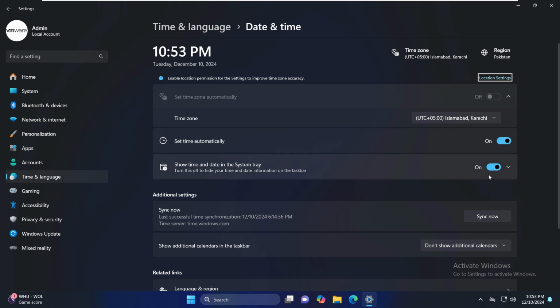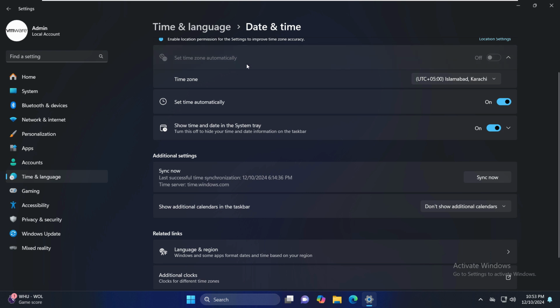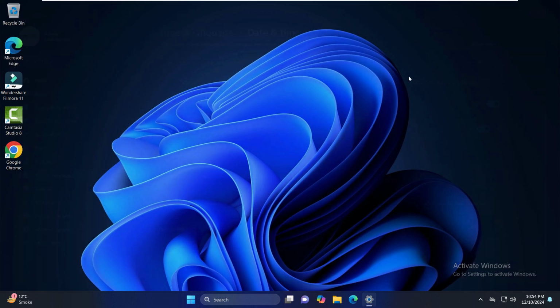Show the time and date on the system tray if you want to. Otherwise, you can just uncheck this. And if you feel that all the time zones and other details are correct and the time is not showing correctly, so you don't have to correct it manually, you just scroll here and click on sync now. Now after that, just close out of here, and something else what you need to do is just open up